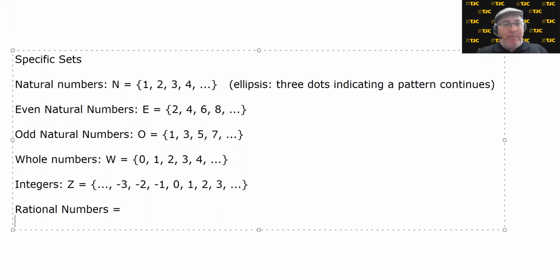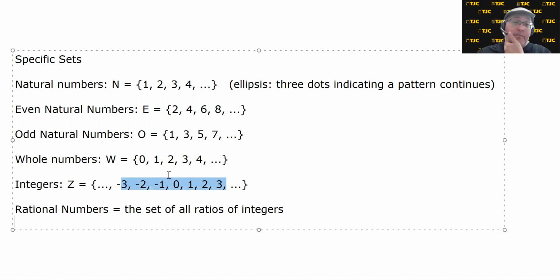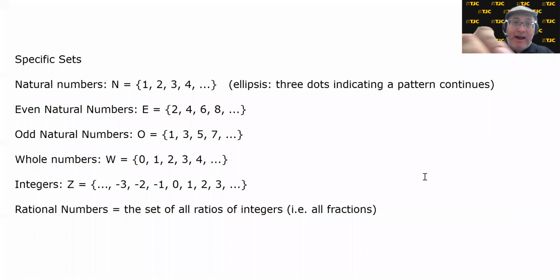So we will describe them by saying the set of all ratios of integers, meaning we put one of these numbers on top of another, as long as the number on the bottom isn't 0. And that's the best that we can do right now. We'll say, in other words, it's all fractions. Now, this does include the integers as well. In other words, when we say we pick up all fractions, that doesn't mean that we're losing the numbers that we had before. For example, this number 2 right here